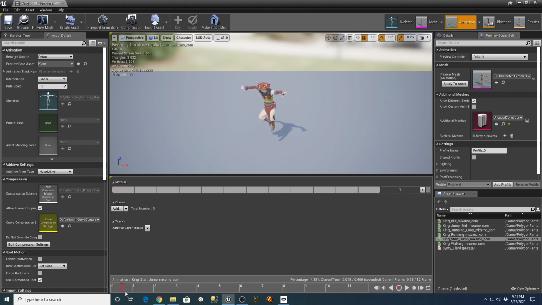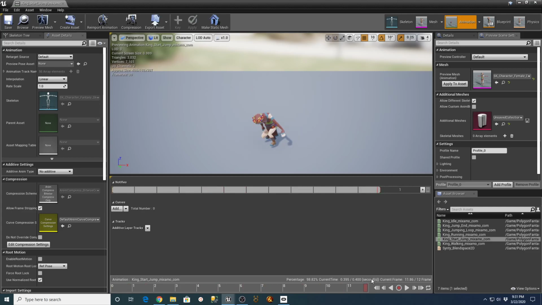Oh, that's interesting. So our start jump is really whacked out too. I must have jacked up the start jump. See, that's already in midair and then landing.